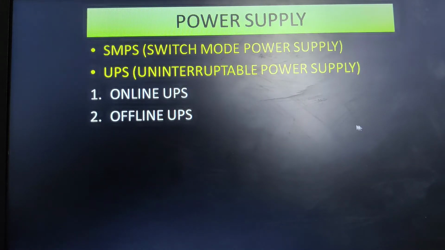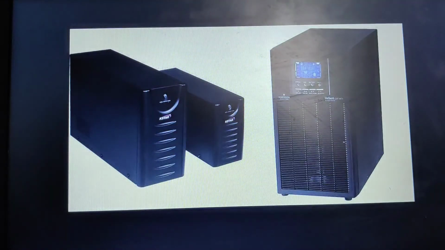UPS is a kind of power supply that includes a battery to maintain the power in the event of power failure. So here this is a UPS. This is the standby UPS or the offline UPS, and this is the online UPS.